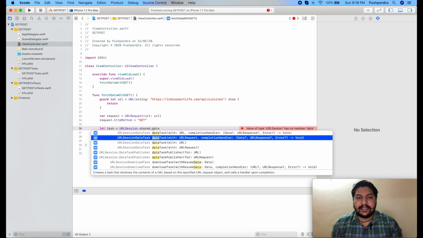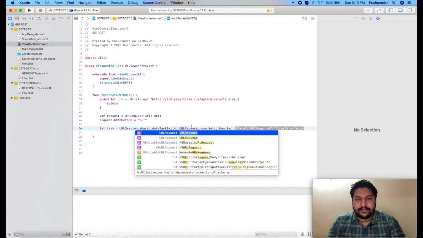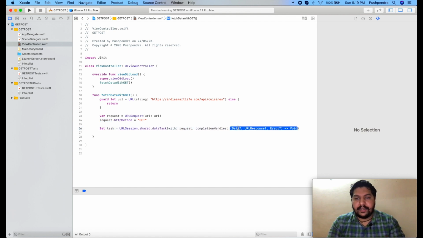Completion handler means it will return you the data into the completion handler, okay. And URL request we have already this one, so I will put it here. Now what is completion handler? Click on enter. So first is data, means what data you are getting from the services, okay.